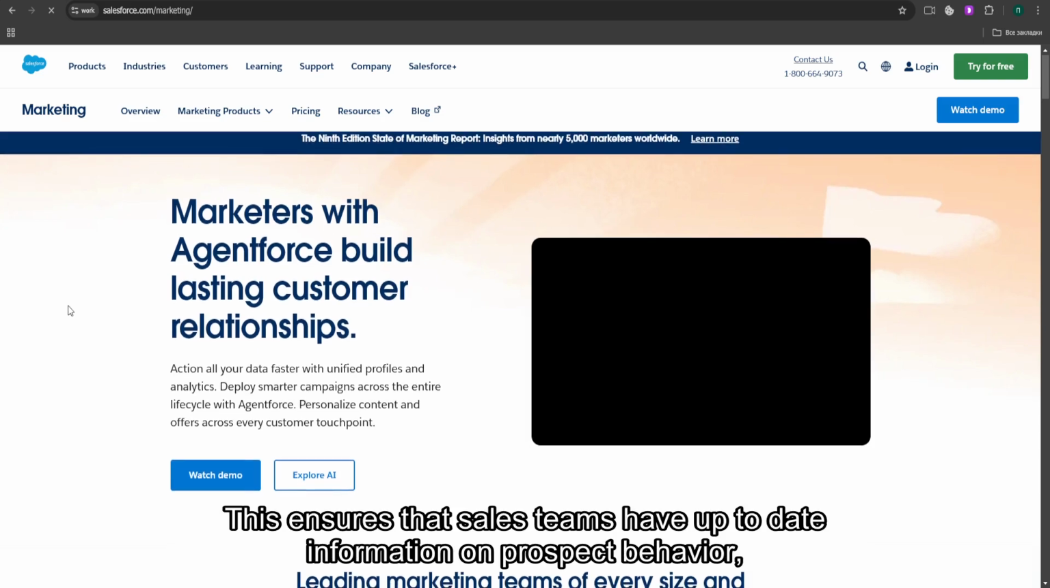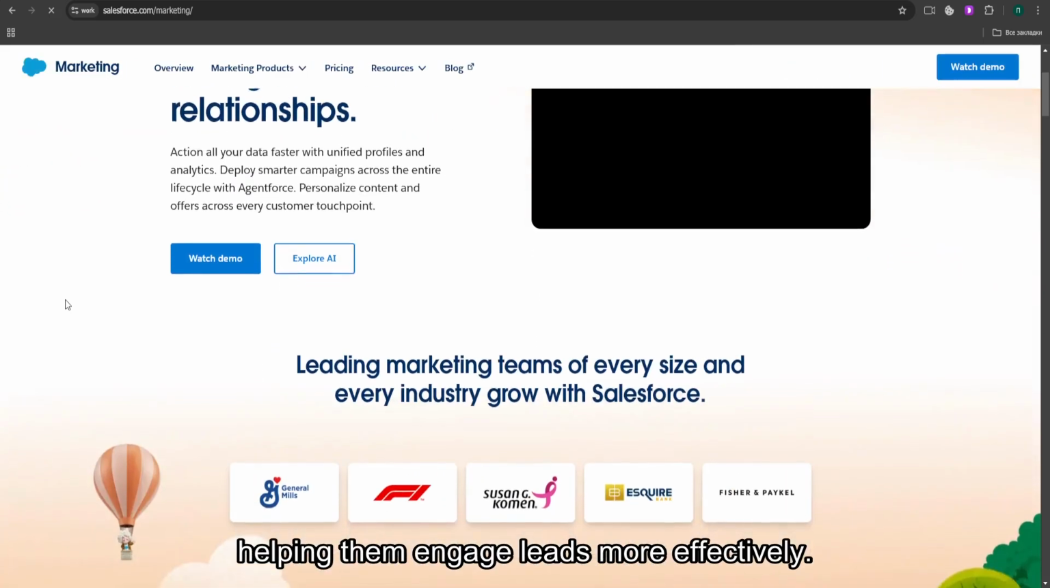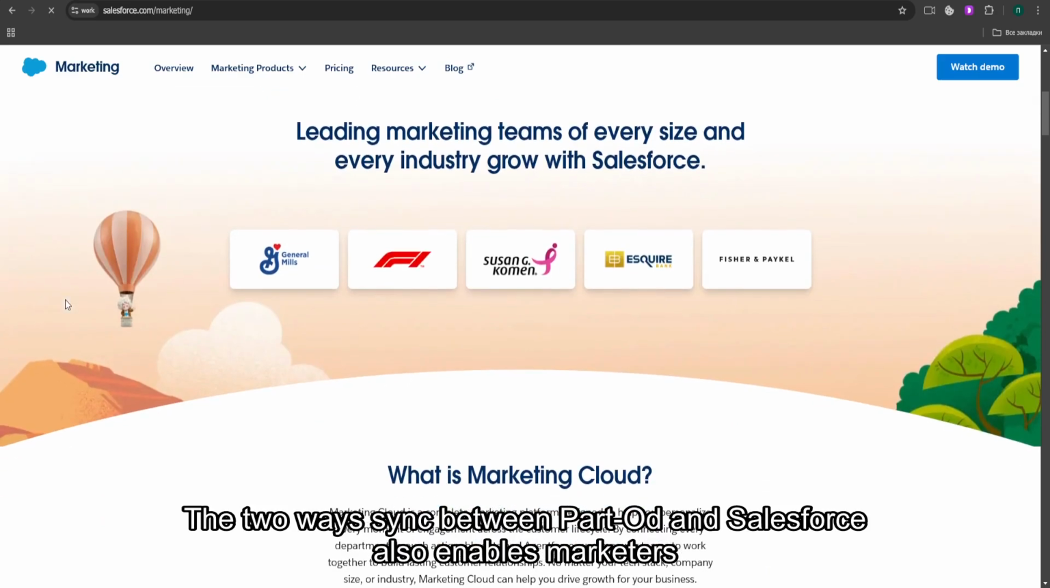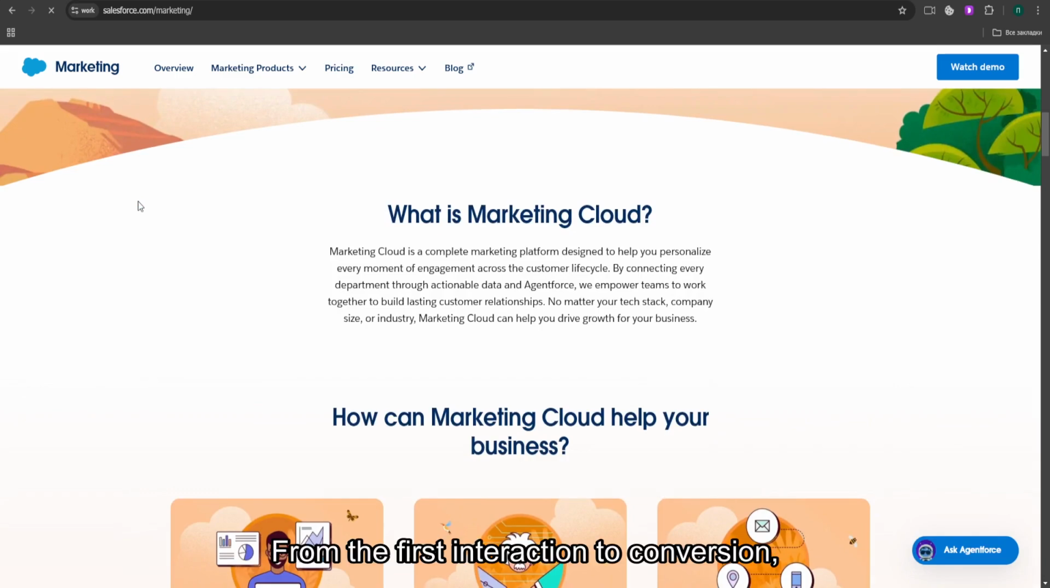This ensures that sales teams have up-to-date information on prospect behavior, helping them engage leads more effectively. The two-way sync between Pardot and Salesforce also enables marketers to track the entire customer journey, from the first interaction